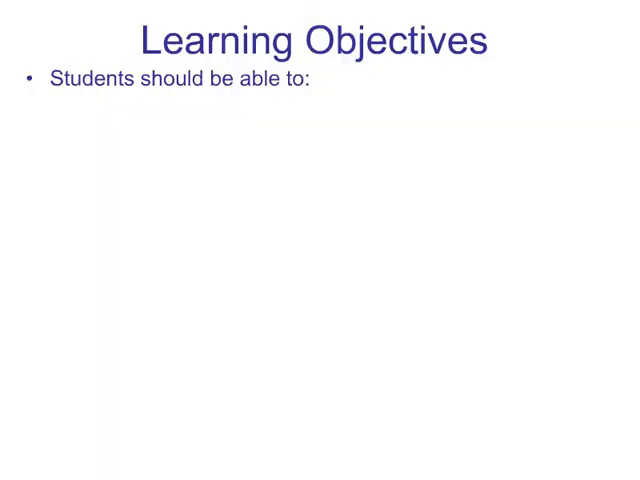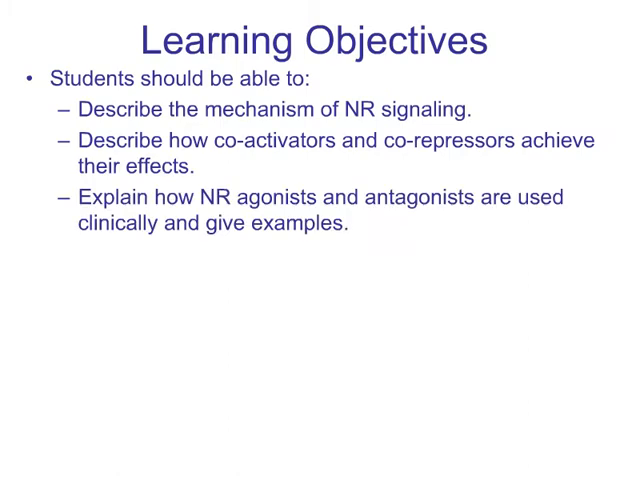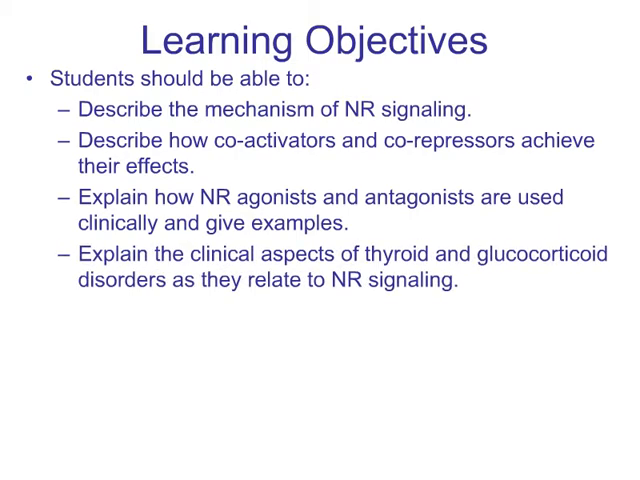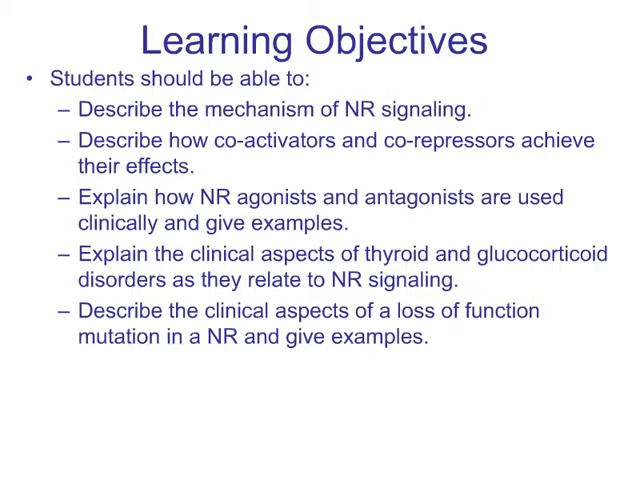After viewing this learning module, students should be able to describe the mechanism of nuclear receptor signaling, describe how coactivators and co-repressors achieve their effects, explain how nuclear receptor agonists and antagonists are used clinically and give examples, explain the clinical aspects of thyroid and glucocorticoid disorders as they relate to nuclear receptor signaling mechanisms, describe the clinical aspects of